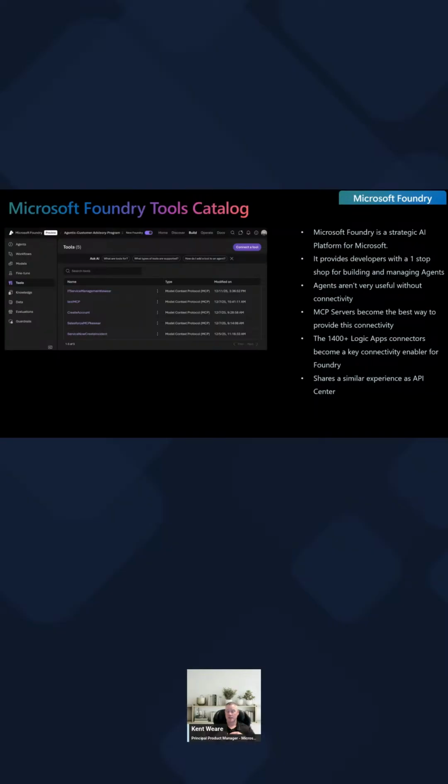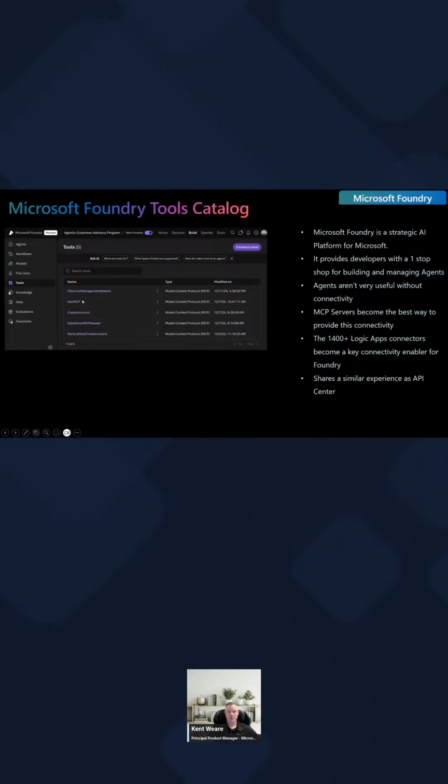So it does share a similar experience. Kind of there's a front end that's a little different, but kind of the back end is all the exact same. But we do wire this up so it's ready to be used for Foundry. So we kind of simplify some of the security aspects, I would say, as well. So here what we see is a screenshot of Foundry.